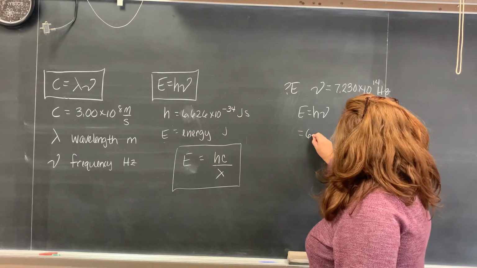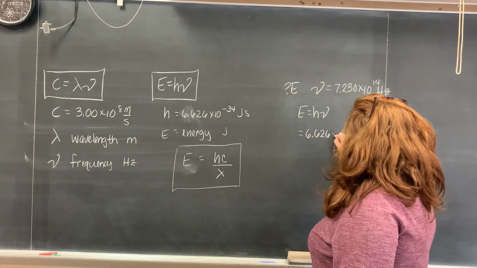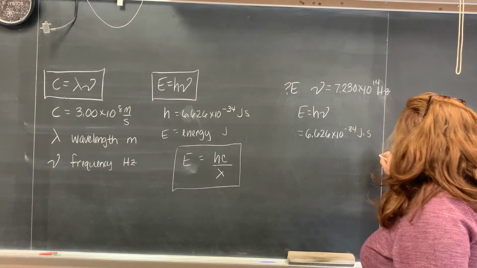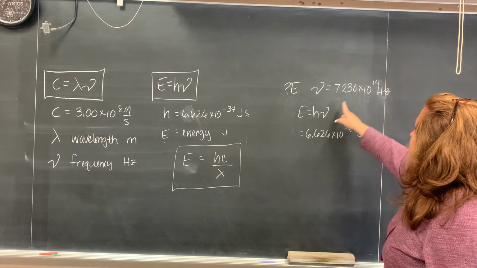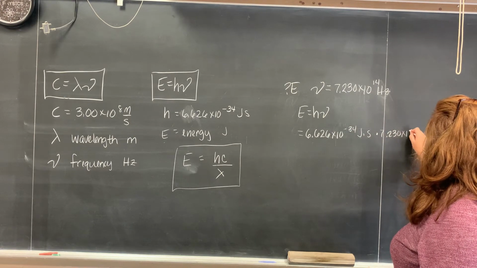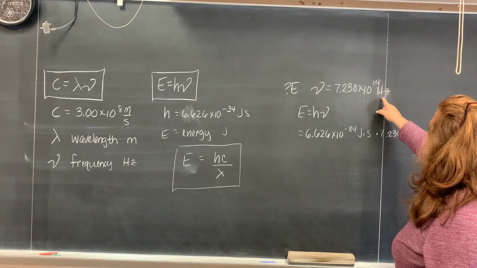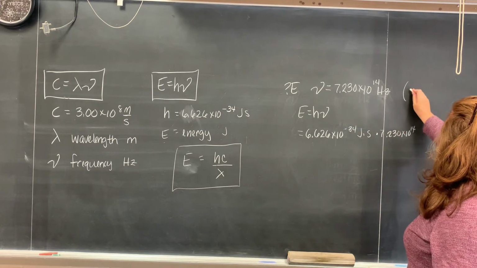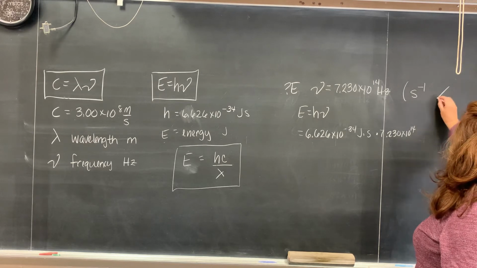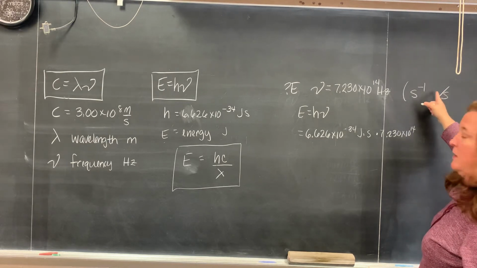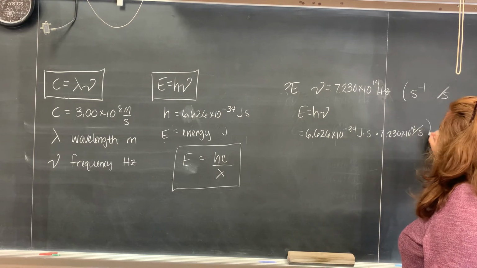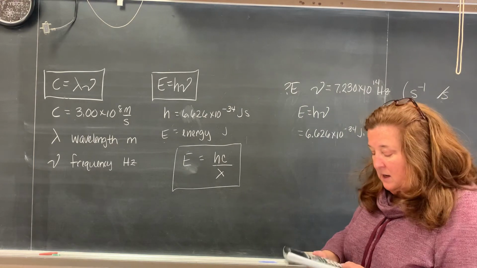So this is going to be 6.626 times 10 to the negative 34th joule seconds. You're going to multiply that by the frequency that was given in the problem, 7.230 times 10 to the 14th. And then you need to remember that a hertz, sometimes they write it as a per second, or you can think of it as per seconds because it's a cycle per second. So I'm just going to put seconds to the -1 or per second. When I multiply these two things together,